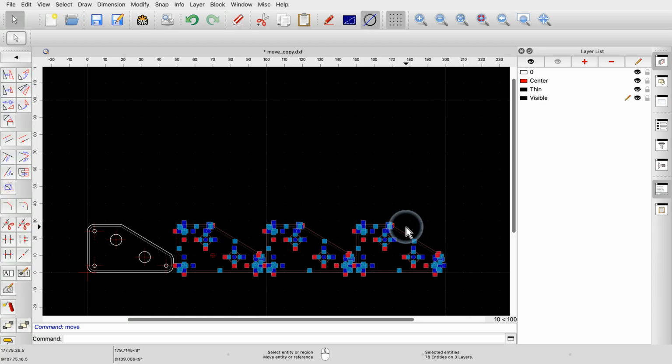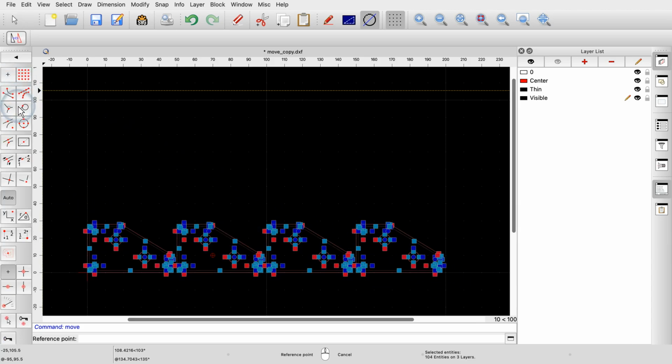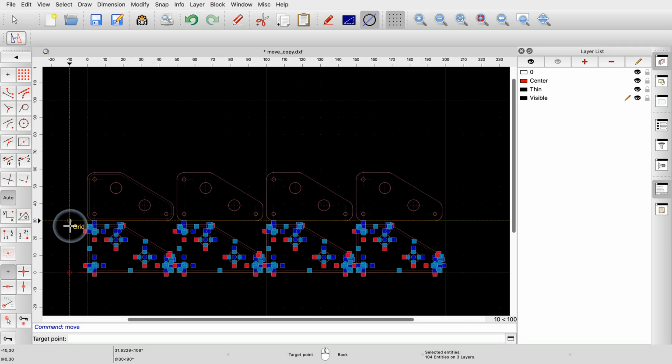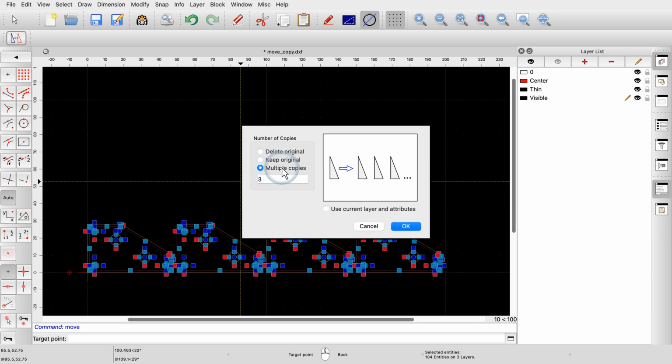Each copy is moved by the distance from the original to the first copy, creating a row of equally spaced parts. We repeat this process for the whole row of parts to create 3 rows. We can choose the reference point anywhere in the drawing, also away from our part, to conveniently click grid points without auto-snap snapping to undesired points. We create 2 copies to create 3 rows, the original one plus 2 copies.